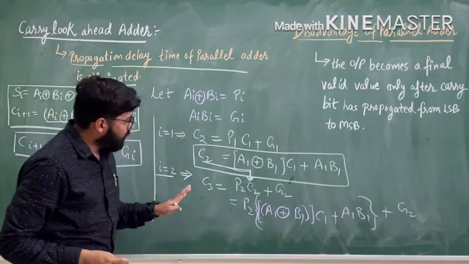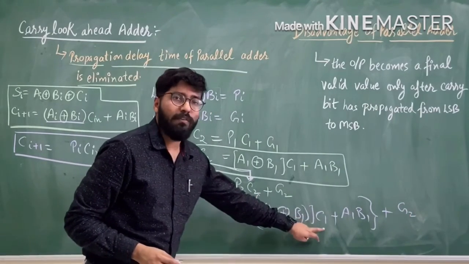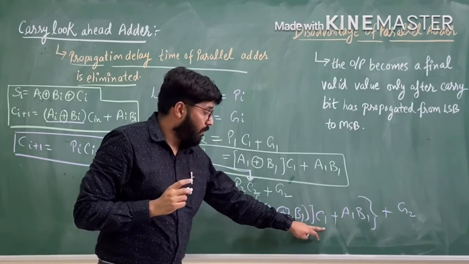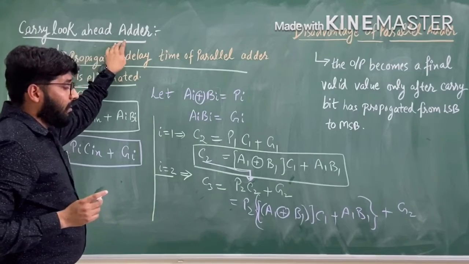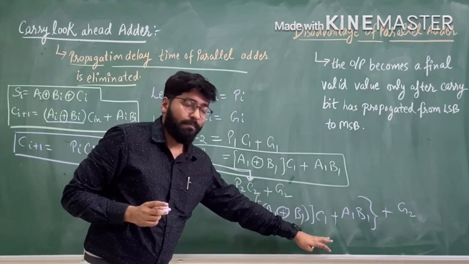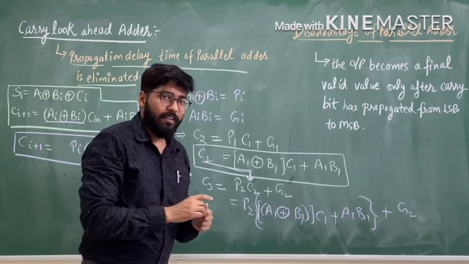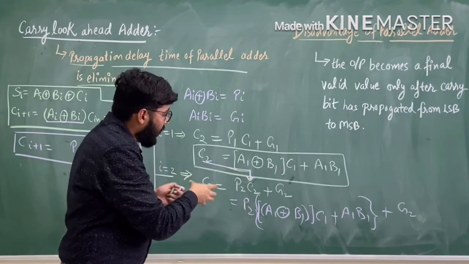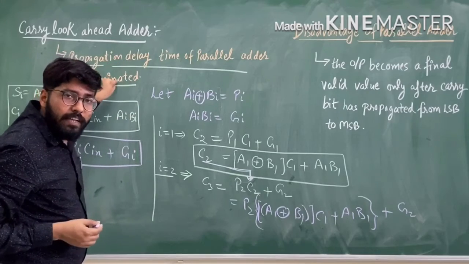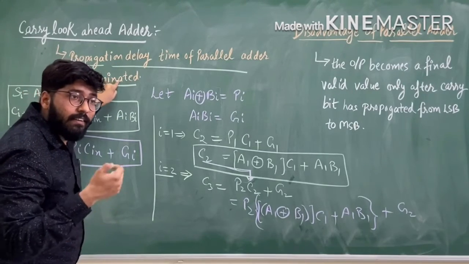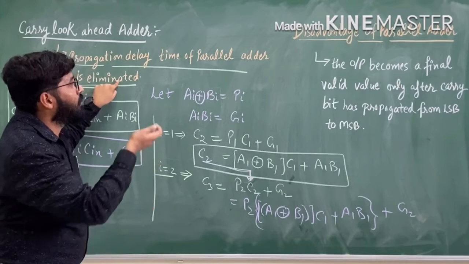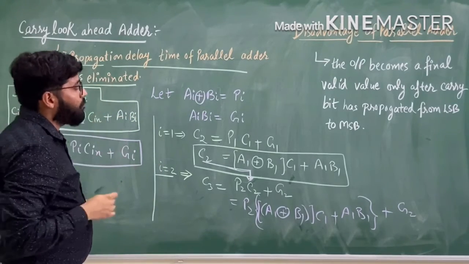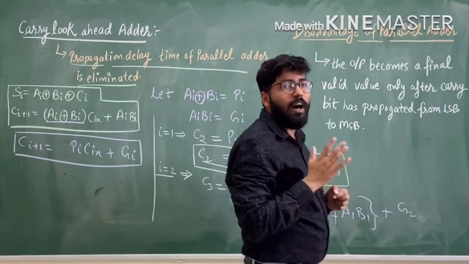Now you can see the C3 carry comes in terms of C1. That is not the case in the 4-bit parallel adder, but in the carry look ahead adder, the carry C3 comes in the picture of C1. If C1 is applied in full adder 0, then it can apply to FA3 also. So we can get a result fast in terms of the carry look ahead adder. So in this way we can design a carry look ahead adder.